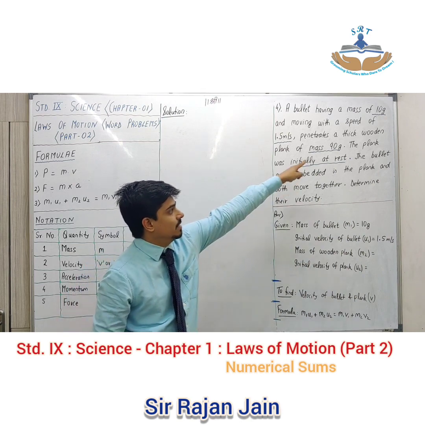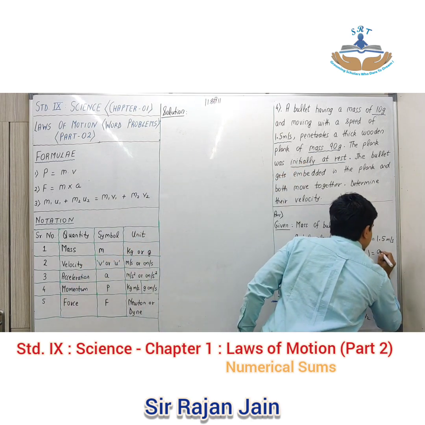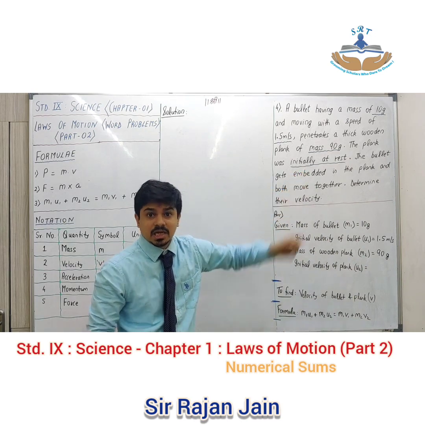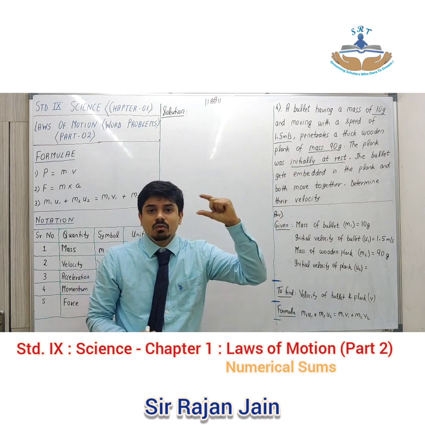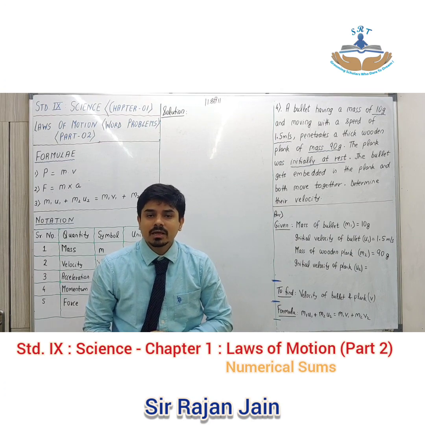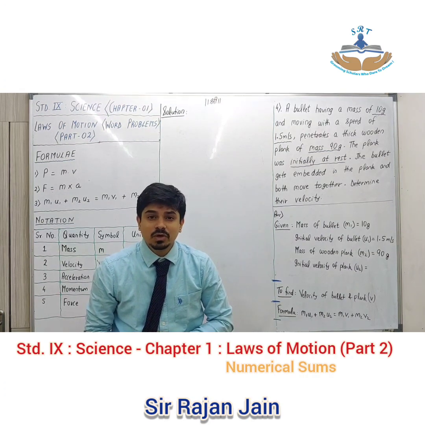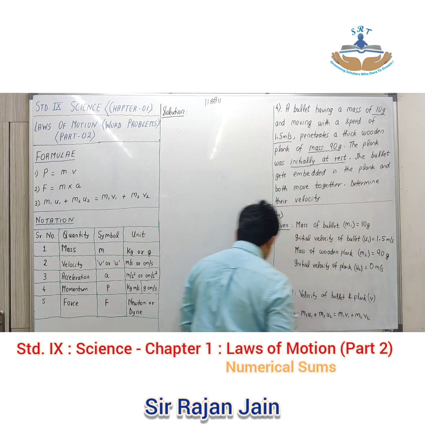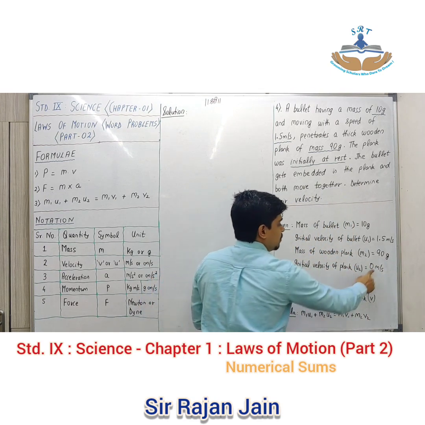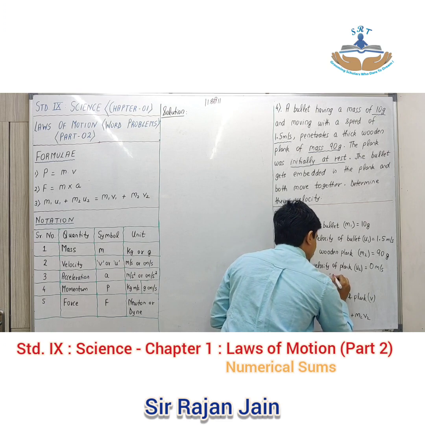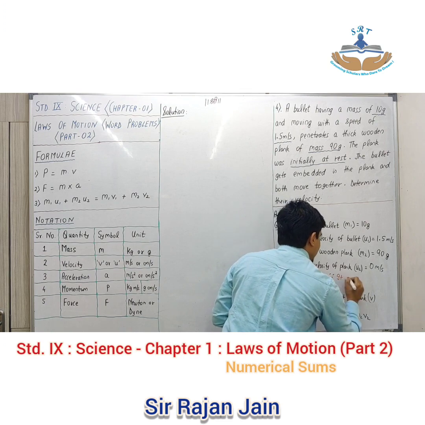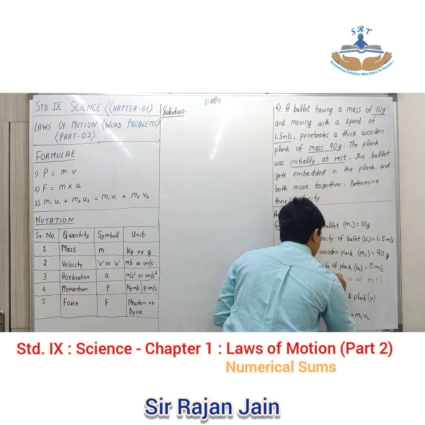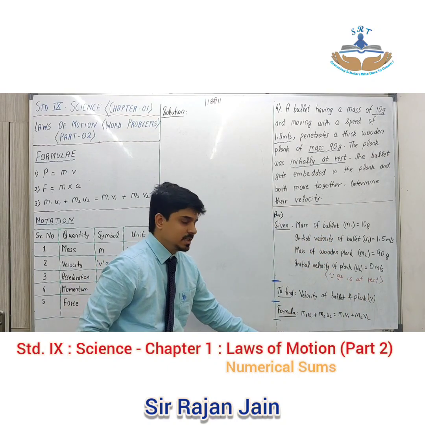Mass of wooden plank 90 gram दिया हुआ है. And what they are saying is, the plank was initially at rest. मतलब before the collision, your wooden plank was stationary. मतलब can I say the initial velocity of the wooden plank is 0? So I write over here 0 meter per second, and also make a mention why you are writing 0. So reason में I'll write since it is at rest. Okay, ये reason bracket में लिखने का, since it is at rest.